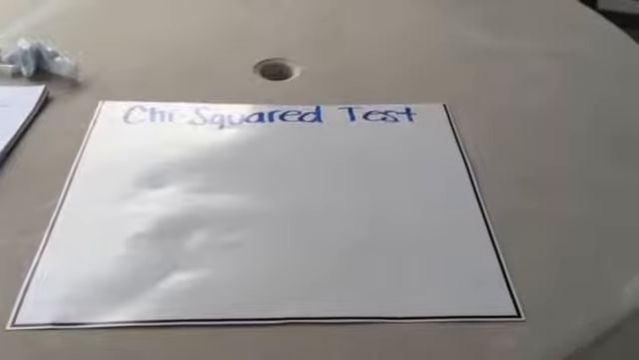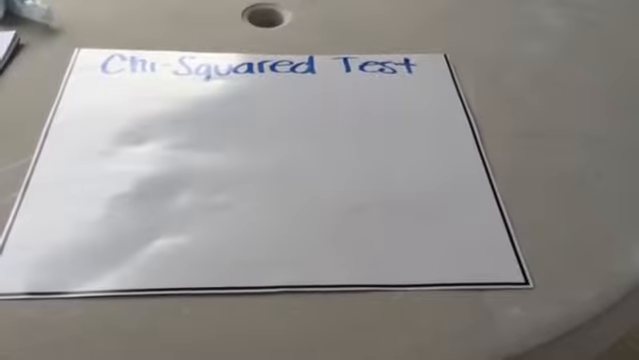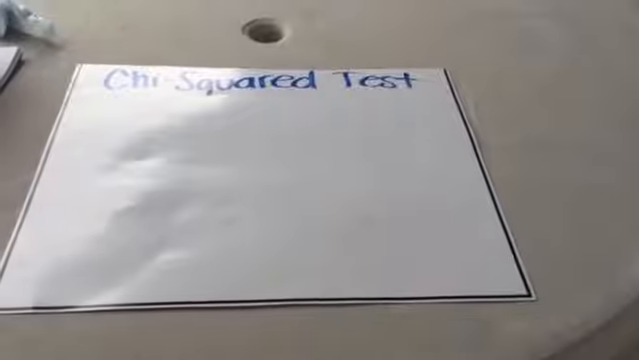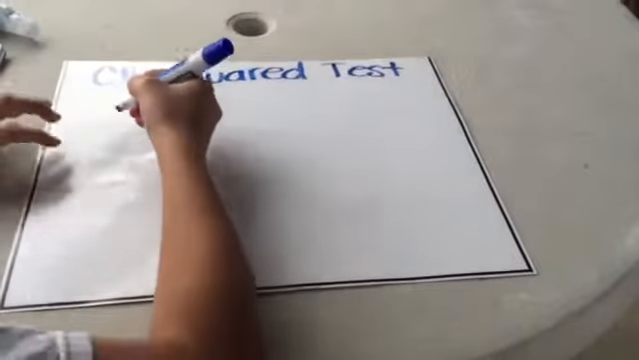Hello, I'm going to talk about the chi-square test. What the chi-square test basically is, it is a test to see if the data that you collected was due to chance or a variable that was being tested. There is a very important formula for this test, which is